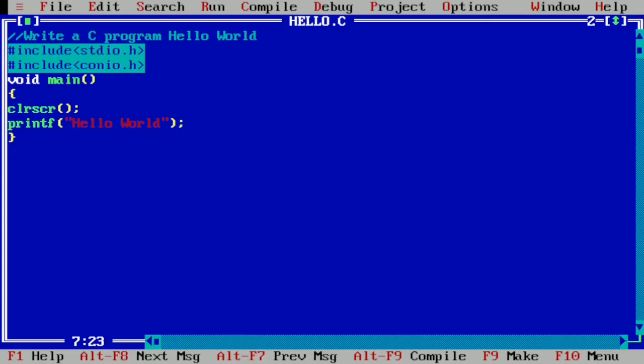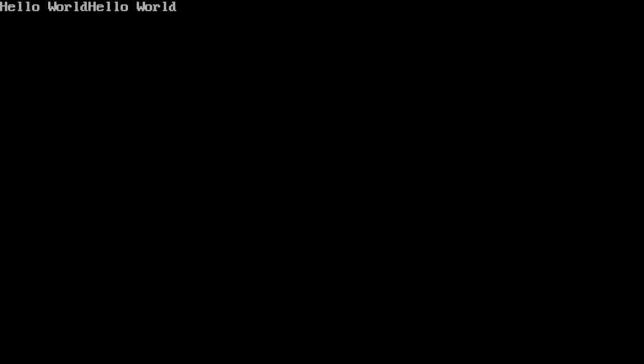Once again, we'll write the getch function here, and now we'll remove this clrscr function and check out how exactly this works. Now once again I'm going to run the program by pressing Control F9. Here you can see it is showing hello world twice.